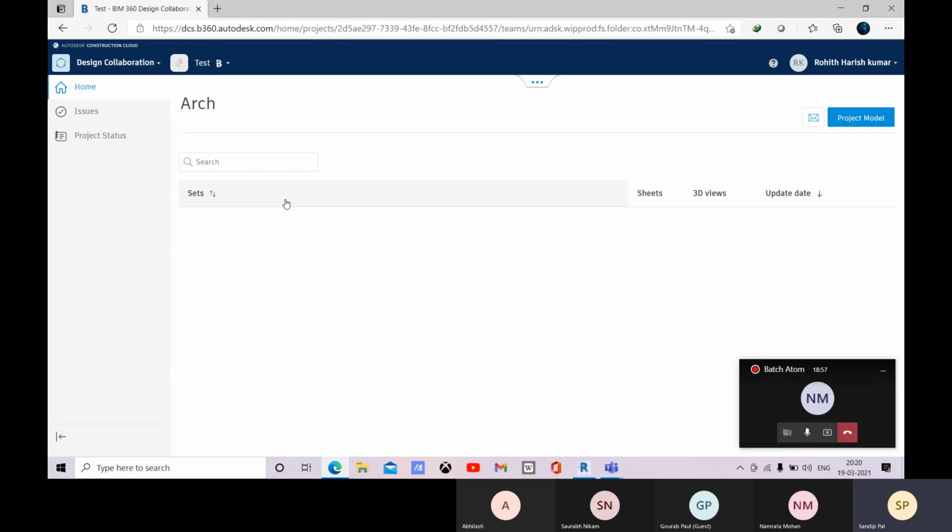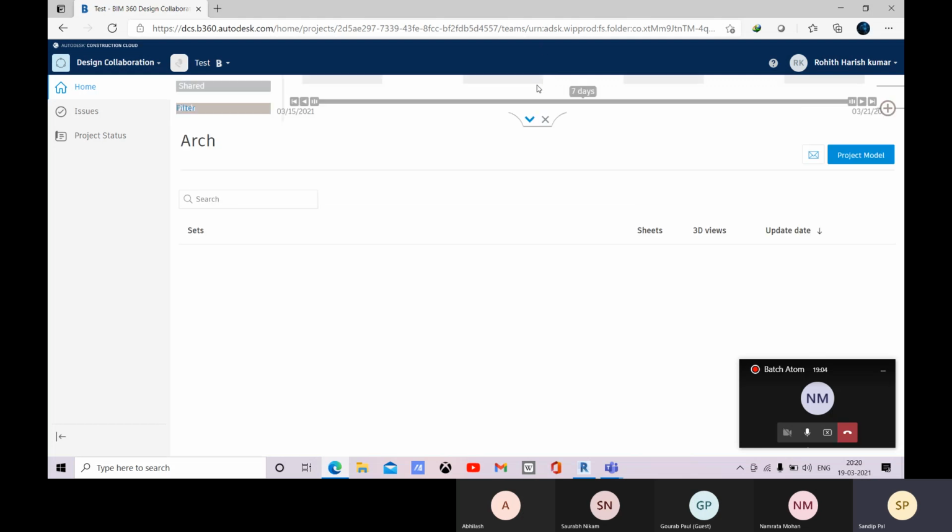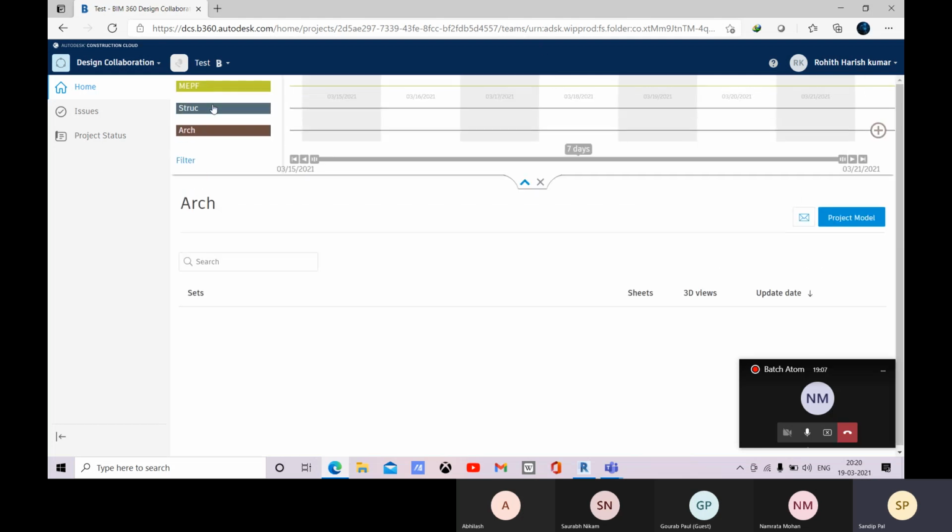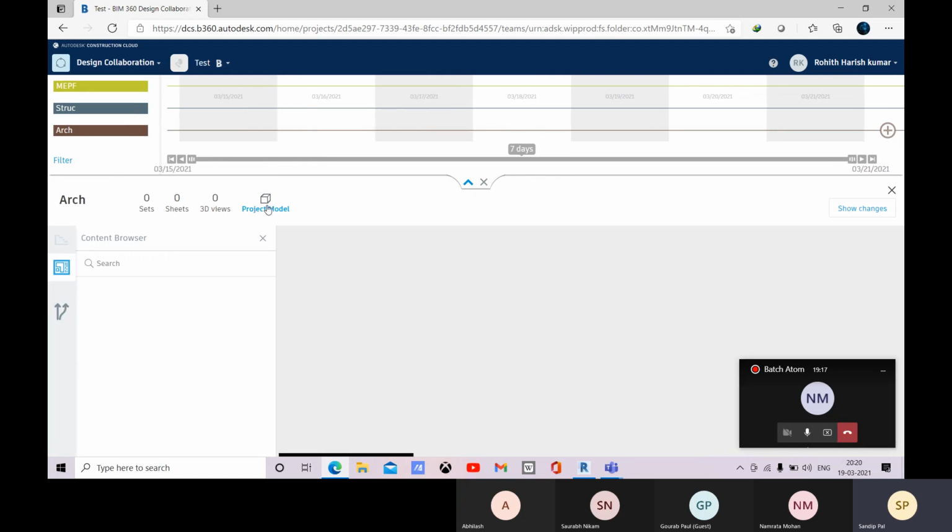The architecture team, we will submit this for other teams, like your mechanical or your structure. So there we will create some. But before that we need some project model. So now here you see that there is nothing, the project model is not available.